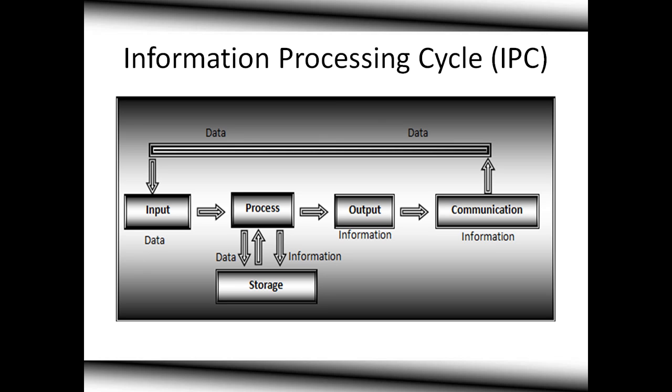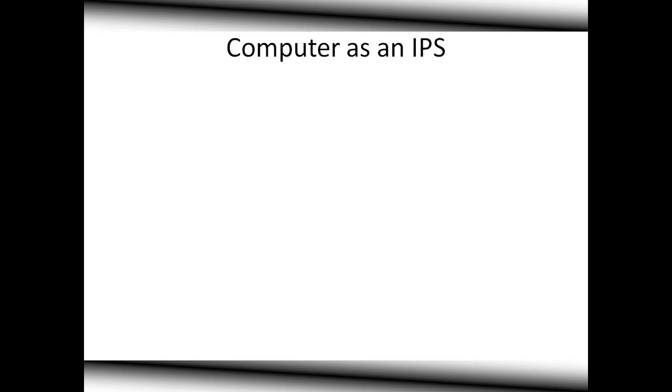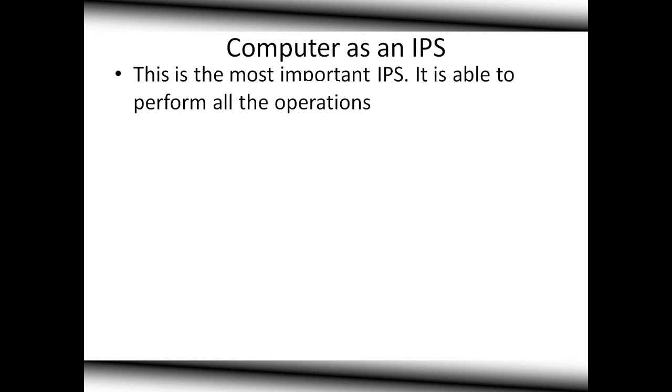Alright, so let's proceed. Now, the computer, we say, is the most important information processing system. A calculator cannot be compared to the computer, and there's no other known device or set of devices that can be compared to the computer. So far, it is the most powerful, the most important of all information processing systems,